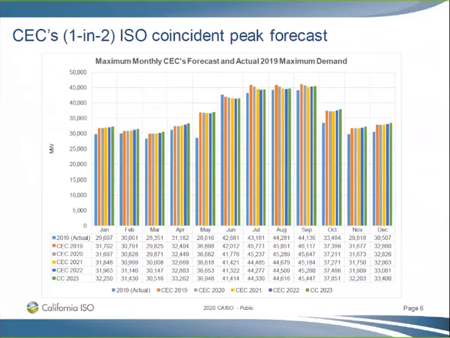So this here is strictly the load forecast that we got from the CEC, and then we showed the 2019 actuals, and I think the amount of variability that goes into this forecast is a pretty good forecast to work with. Now, 2019, when you look at the actuals, you'd see May was quite low compared to the forecast. Well, last year was pretty abnormal, and May was pretty cold.